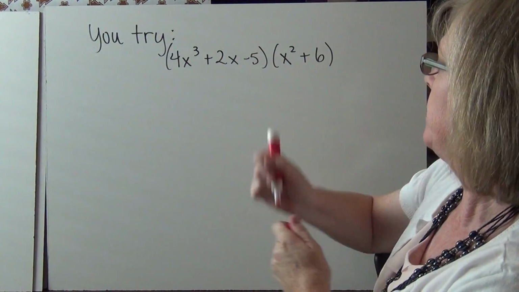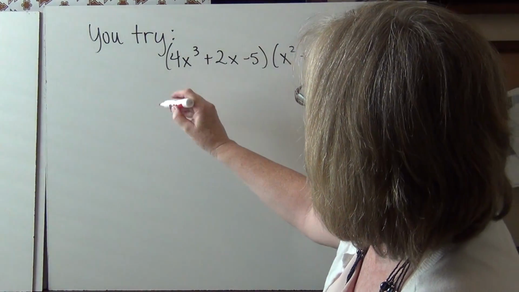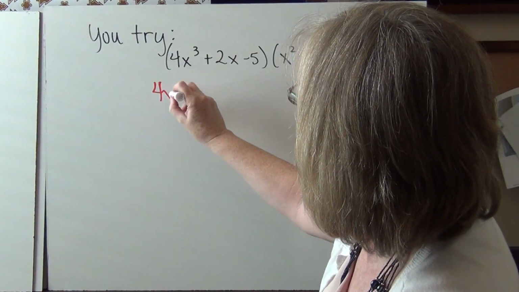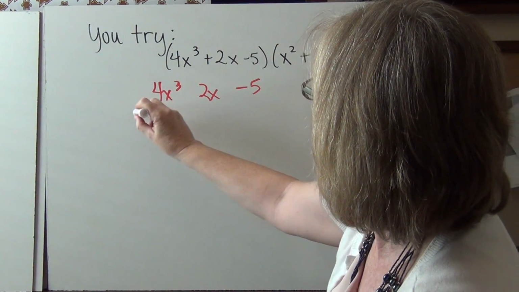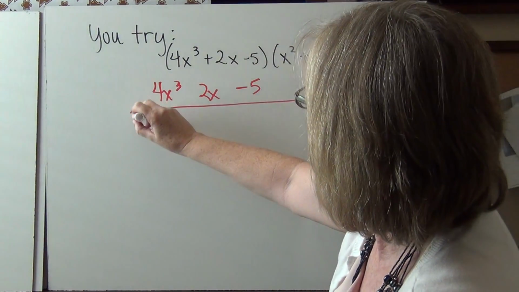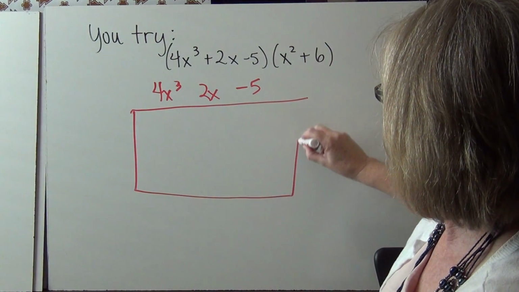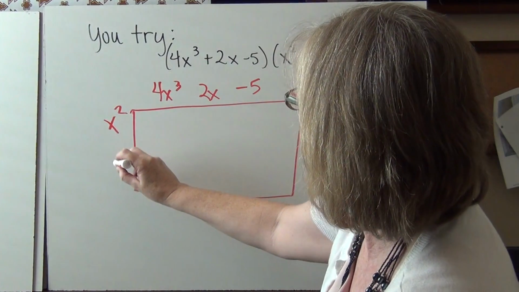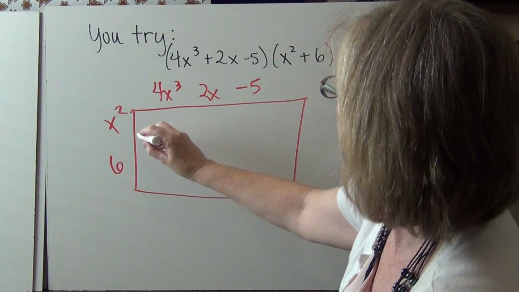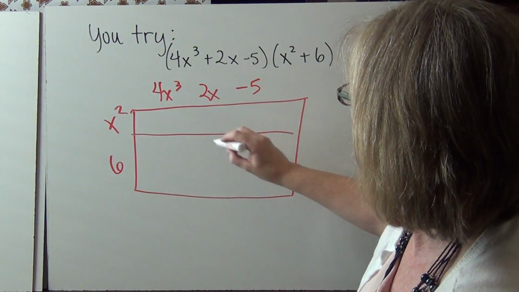Wow, that was awkward, wasn't it? Okay, so here I go. I'm going to decide to put 4x to the 3rd, 2x, -5. Make my somewhat of a rectangle. And then I put my x squared and I put my +6. Okay? So let me break it apart